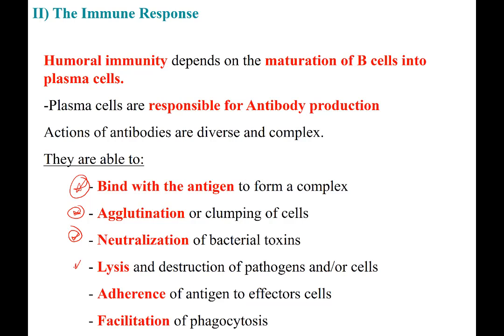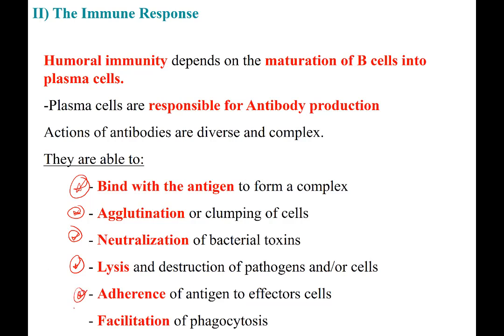Another role is called lysis, and lysis is really a destruction of the pathogen. The way the antibodies do this is they make holes in the envelope of the pathogen, like a bacteria, for example. Those bacteria are then exposed to other cells, and it mostly changes the pH of the bacteria, and by doing this you usually neutralize the enzymes and the toxins that those bacteria can release.